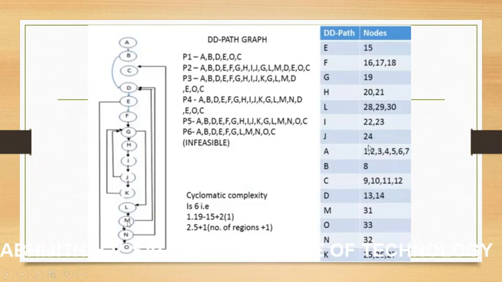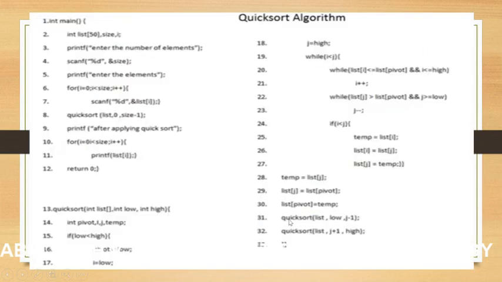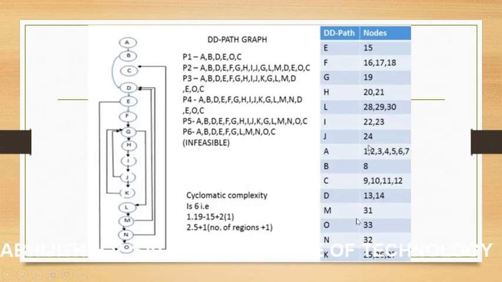L, M. What is M here? M is 31. What is there in 31? In 31, we are calling the quicksort function. So again, one partition is called. This is a successful case. Again, it will proceed with the same thing: D, E, O, C, and it continues. This is one way. For another path, similarly, A, B, D, E, F, G, H, I, J,